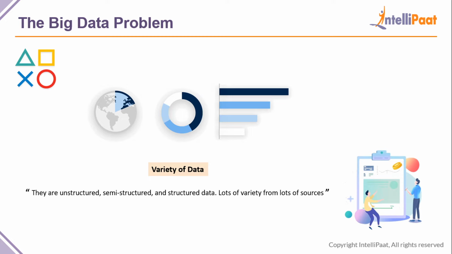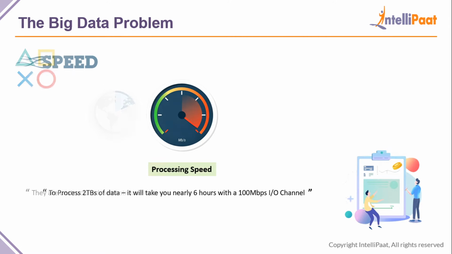Next, coming to the variety of data, data is not just one thing. There's structured data like an Excel workbook, unstructured data like images, videos, music and whatnot, and semi-structured data which can fairly be made sense of by using key value pairs and concepts such as that. So it's not just the variety of data, it's the variety of sources through which the data comes in, right? Let's say there are 1,000 types of data coming from 10,000 different sources. To consider how we can handle it, we multiply the 1,000 and 10,000 to find out the number of ways we need to handle it. So again, variety of data plays a very important role, guys.